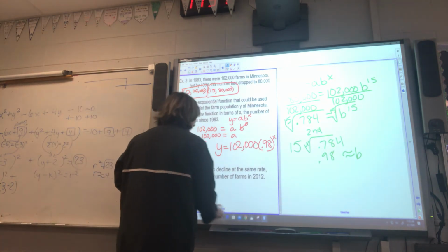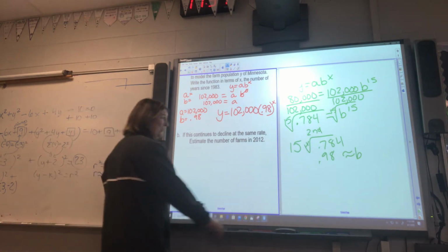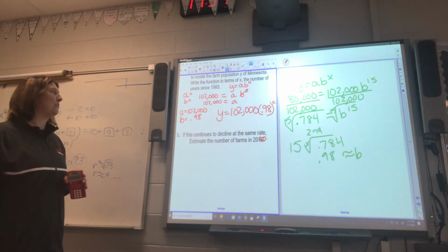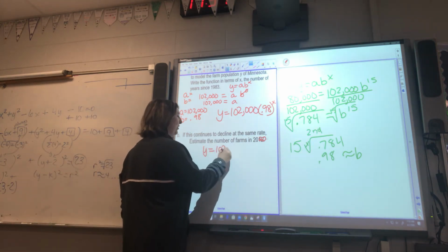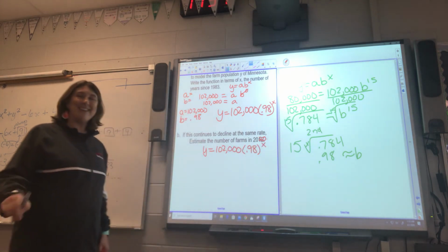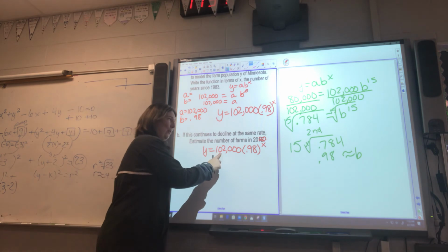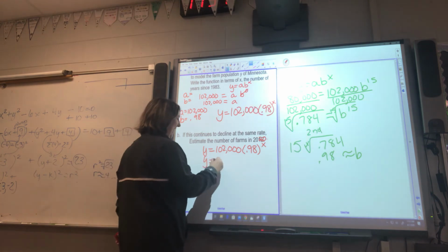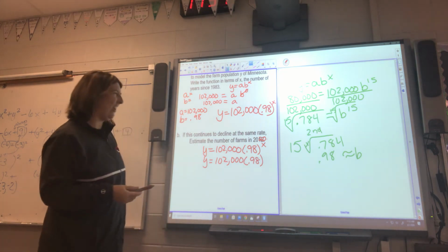Now this last question says, if this continues to decline at the same rate, estimate the number of farms in 2012. Let's change that. Let's change it to 2020. How many farms in Minnesota are there? Well, here's the equation. Y equals 102,000 times 0.98 to the X power. X is the number of years since the study started when there were 102,000, which is 1983. So our X value in this case is going to be 37,